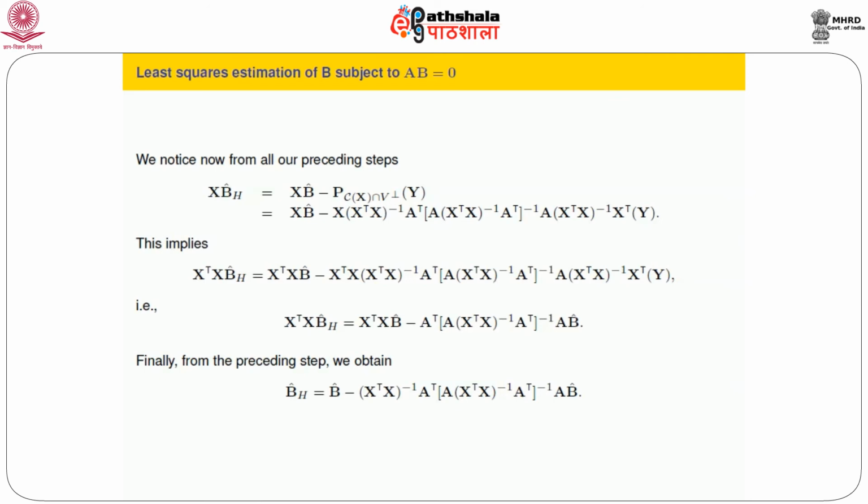And one inquisitive reader, I would request him to look at Seber's book, see the calculation and see how it goes when this assumption about X is relaxed to a non-full rank situation and capital A is not assumed to be of full row rank but something else. So that's where this fourth lecture concludes.